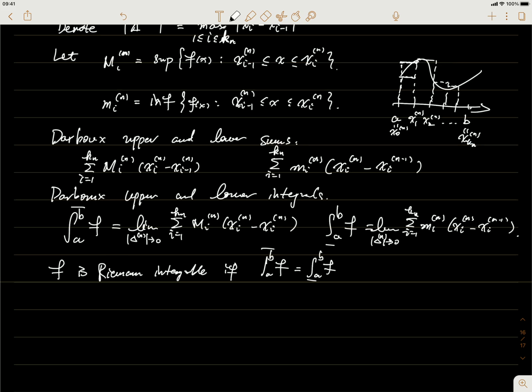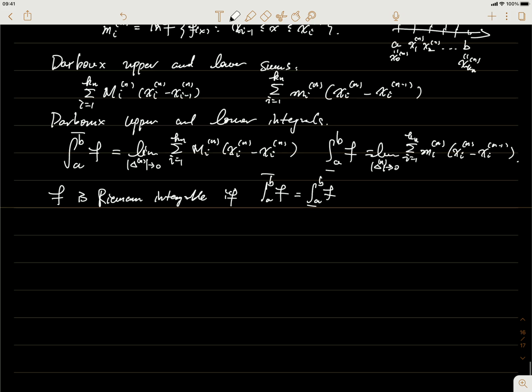This is quite different from the definition of the Lebesgue integral, which we will focus on in this class. And that's reasonable, as I explained before, given how we interpret these two types of integrals. Now let's establish a relation between the two. To do that, let's first give a few new notations. First, for the partition delta n, we denote